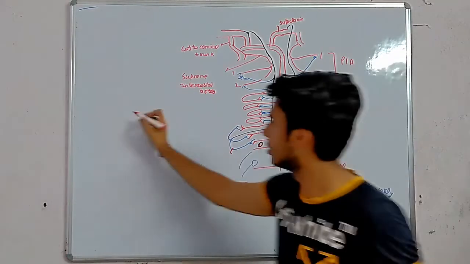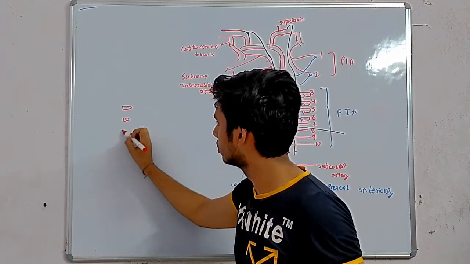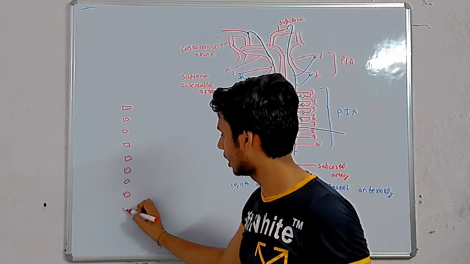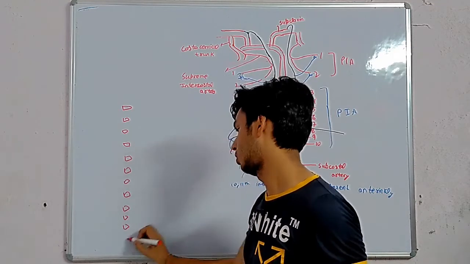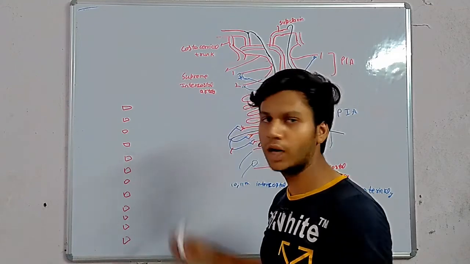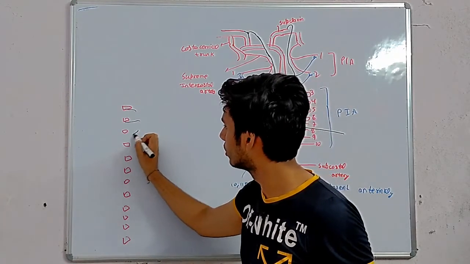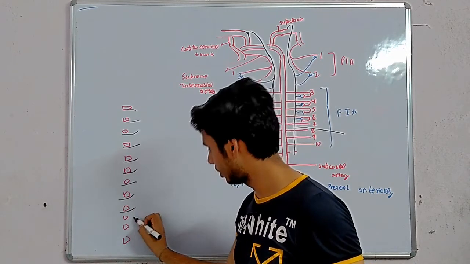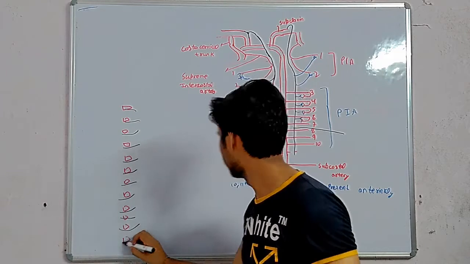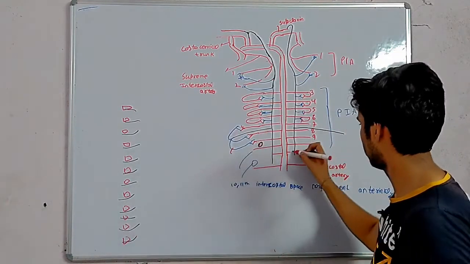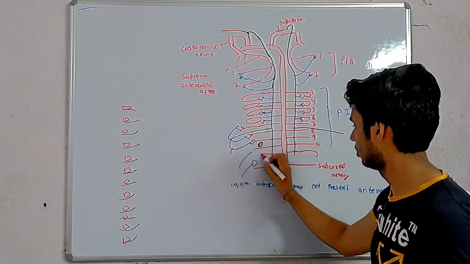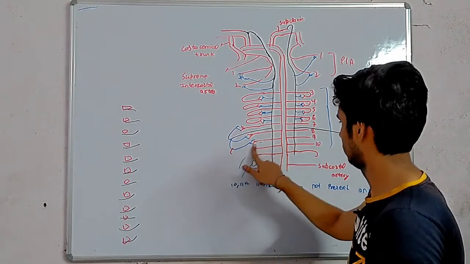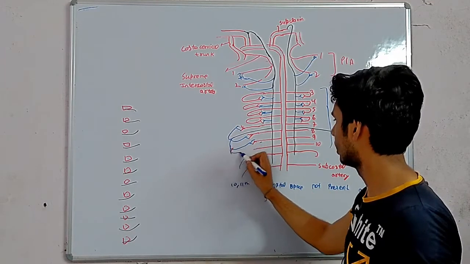Like this. This is rib 1, 2, 3, 4, rib 5, 6, 7, 8, 9, 10, 11, 12. Posteriorly, 1 artery is present here, 2, 3, just below the rib, 4, 5, 6, 7, 8, 9, 10, 11. Then 1 here. Draw. The 10th is also supplied by the musculophrenic artery.